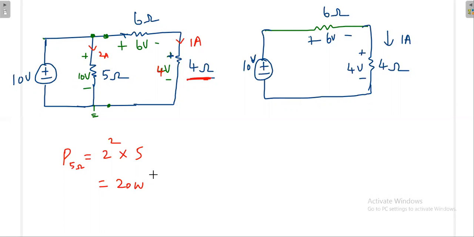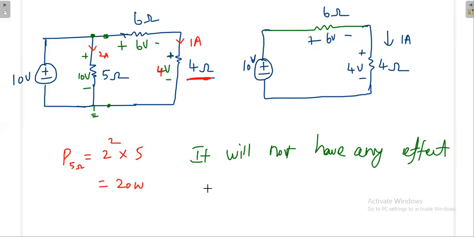Okay, it's useless. That's why I can remove this. Once it is useless, I can remove this. If it is there, it will draw unnecessarily, it will draw the power from the battery. So what is the conclusion? Once you have a parallel resistance along with the battery, that is useless. It will not do anything. It will not have any effect on other parts of the circuit,